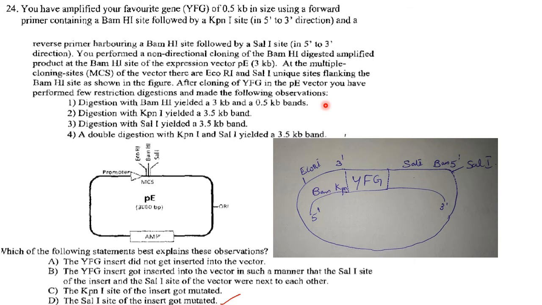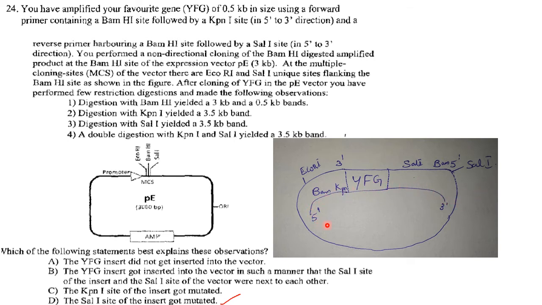So what you have done is you have amplified your favorite gene YFG, and it is 0.5 kb in size, and you have placed it in the BAMH1 restriction site of this particular plasmid, that is PE. Now how is it placed? YFG is 0.5 kb in size, using a forward primer containing BAMH1 site followed by KPN1 site in the 5' to 3' direction. So this is your YFG and this is the 5' 3' end of this particular